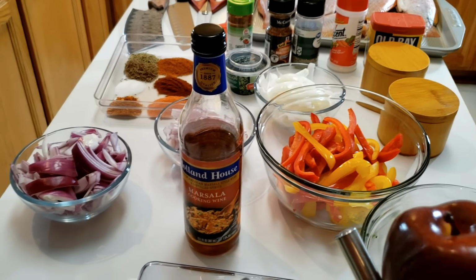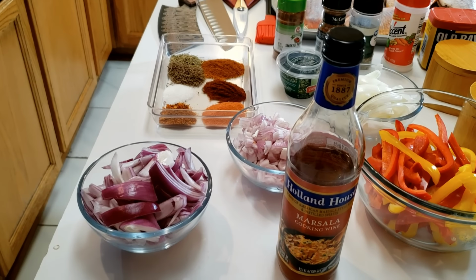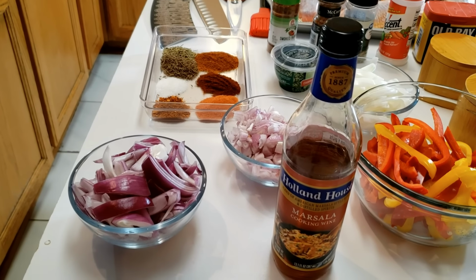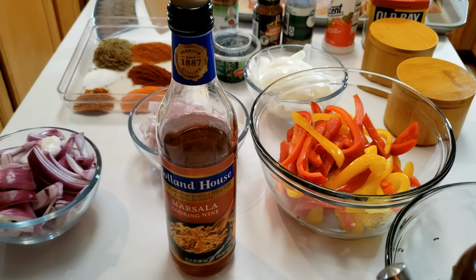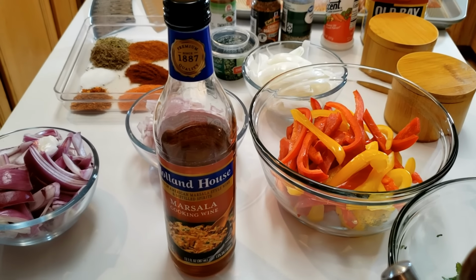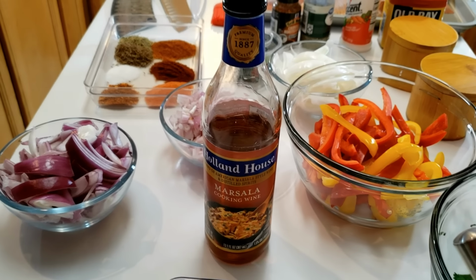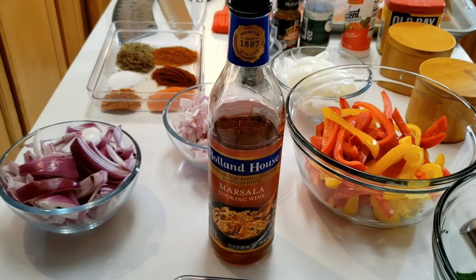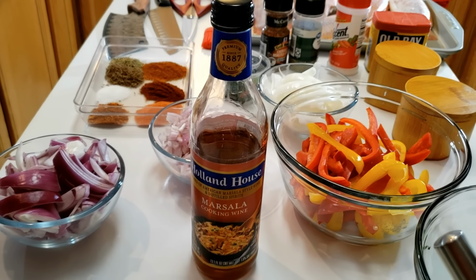Okay, here are the ingredients. We have red onion, one whole red onion, and then we have bell pepper, red and yellow, but you could use any color that you want. And then we have the marvelous, right here, this bottle in front of us is Marsala cooking wine. You don't have to use that, but I find that it just makes